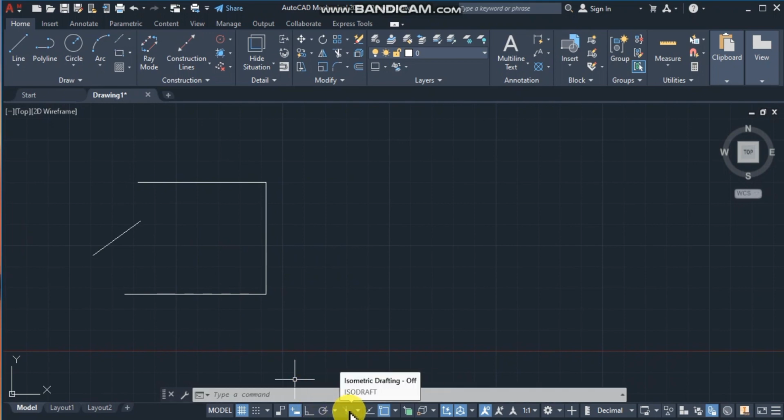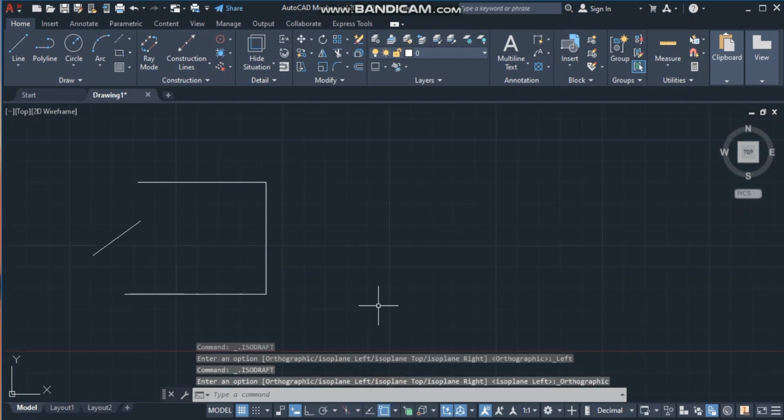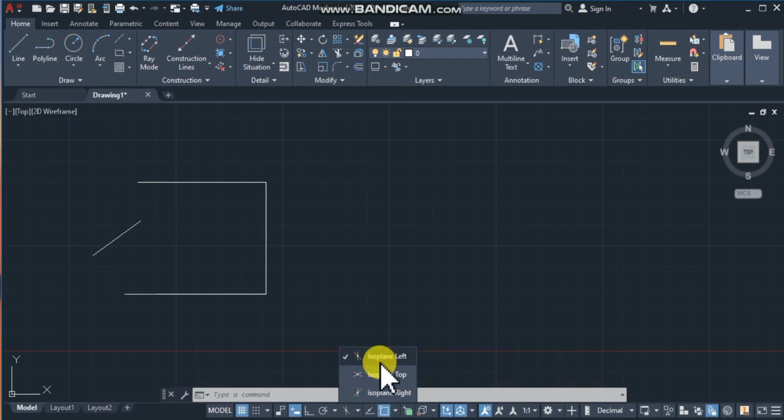Then, and still on the status bar, there is the isometric drafting. You have to click it to be on or off, and when you click it, it will have to be shaded in blue. So let's switch it off. And isometric drafting, there are three options. You can use ISO left, ISO top, or ISO right, according to the requirements of the drawing that you are drawing. Then there is the object snap